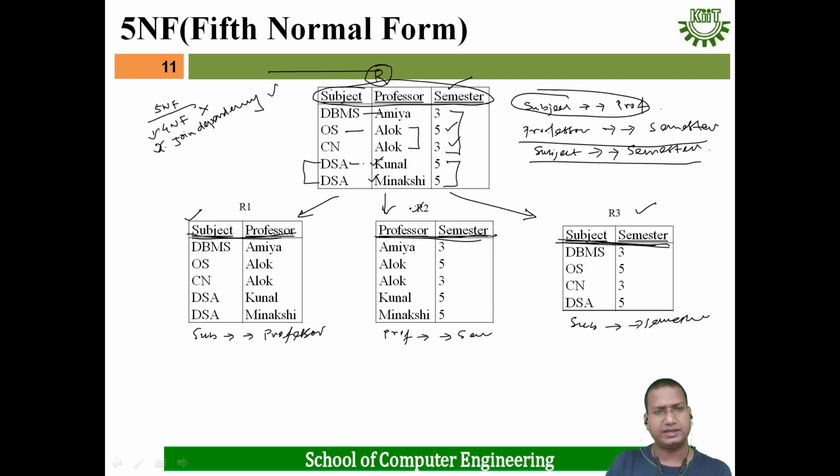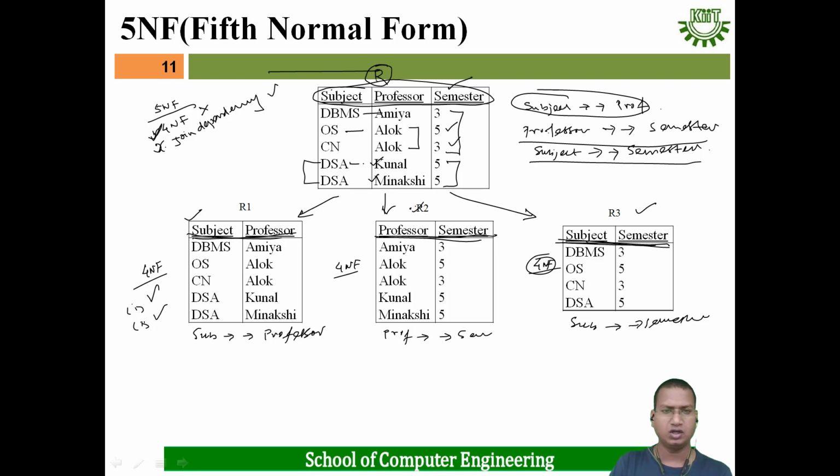Then we will see, when we divide the original relation into multiple relations, whether all the relations are in 4NF or not. To be in 5NF, the first condition is 4NF; all should be in 4NF. It will be in 4NF because two attributes are there and both combined become the candidate key. That means the table is in BCNF, and a multi-value dependency is there, but multiple multi-value dependencies are not present. So both conditions of 4NF are satisfied. This table is in 4NF, and this table will also be in 4NF, and this table will also be in 4NF.